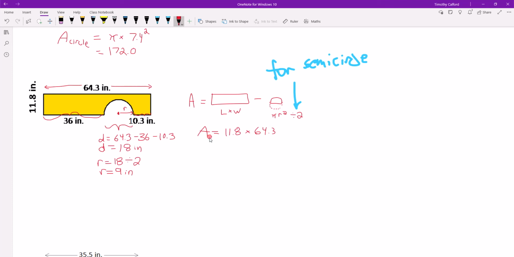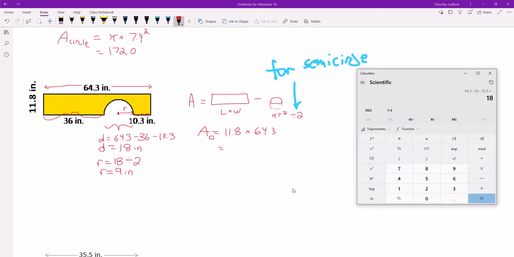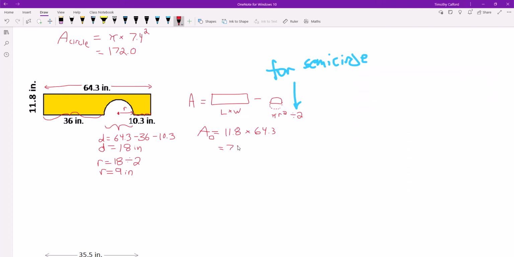And you know what, why don't we do it in pieces here? So this is area of the rectangle, we'll say. So we'd have 11.8 times 64.3. 758.74 square inches. The area of a semicircle would be pi times 9